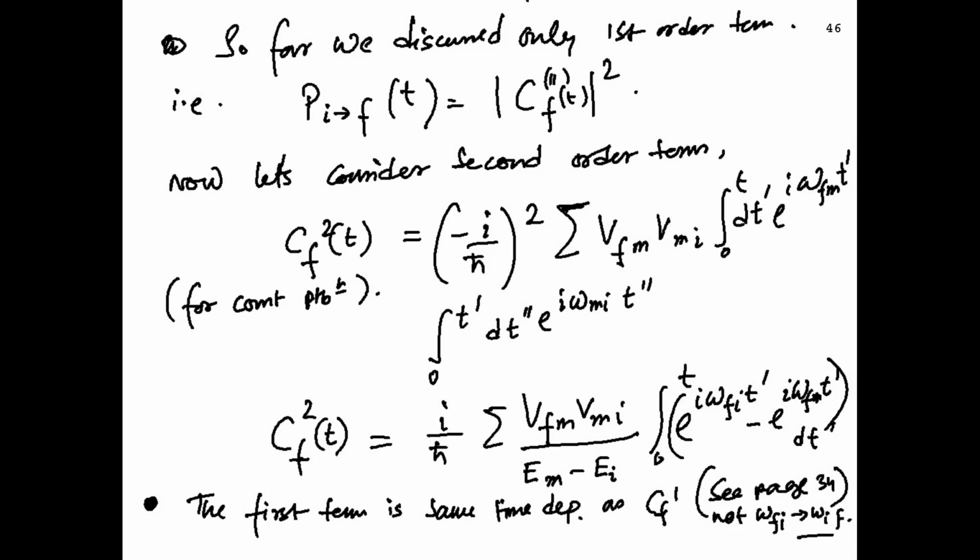So now let's continue to discuss this constant time dependent perturbation problem, and discuss the effect of higher order terms. So far we have only discussed the first order term. So what happens when you add a higher order term? Let's say the probability amplitude, this is the first order term which we have estimated. Now let's look at the second order term. The second order term looks like this, which we have derived. For constant perturbation it will look like this, and because it's a constant perturbation, I can simply go from this to this when I simplify the algebra.